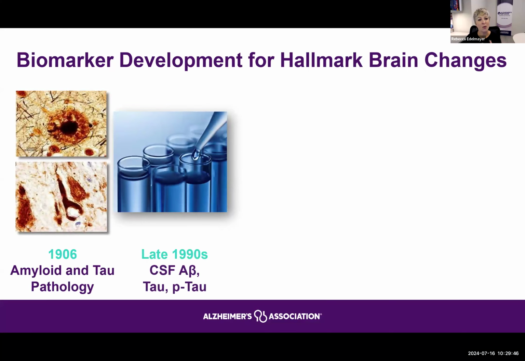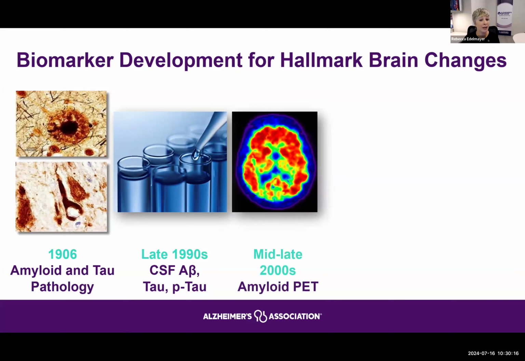So when we first started seeing some real breakthroughs in this research, probably in the late 1990s, we started seeing researchers looking at what we call cerebral spinal fluid, or CSF, looking at some of the markers like the amyloid beta proteins, the tau markers, and the phosphorylated tau markers in the brain could actually be viewed in that clear fluid that bathes your spinal cord and brain, and that's extracted through a lumbar puncture. And these types of tests then led to advancements in brain imaging.